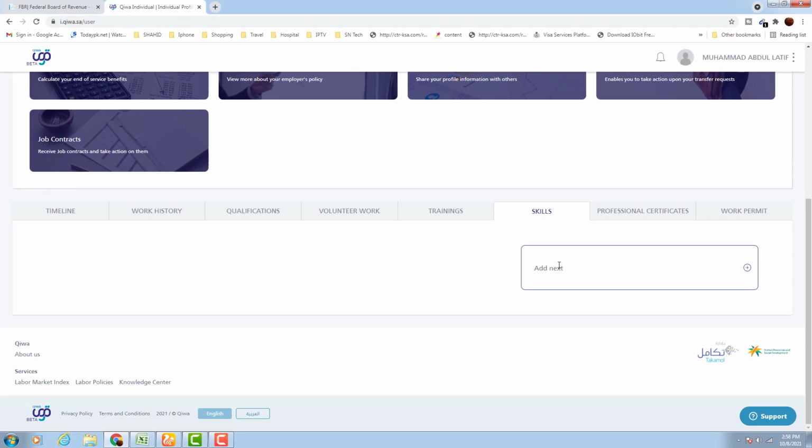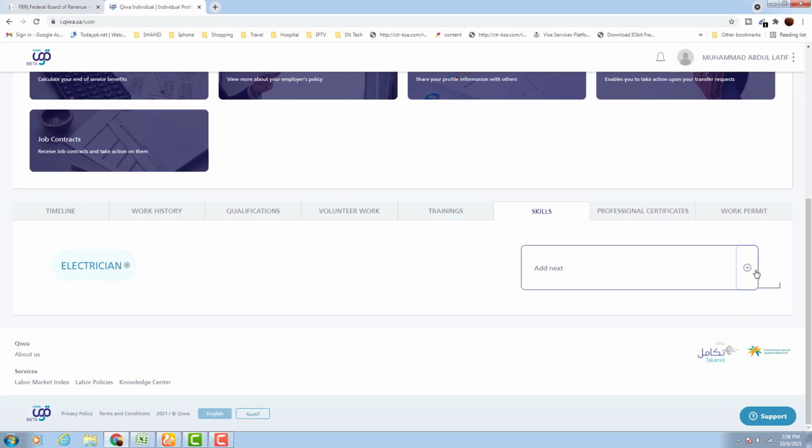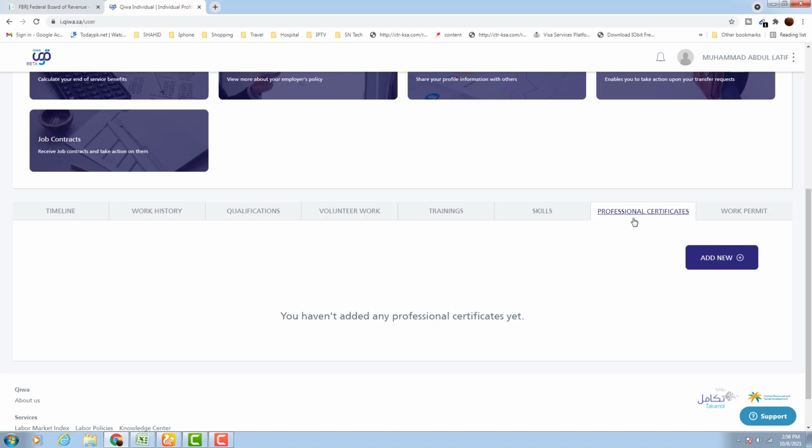You can go to skills. If you have additional skills, you can add them here. Let's suppose you are an electrician, just type and click on plus. Once you click on plus, it will be added in the skills. And also you can change, just delete. After that go to next.